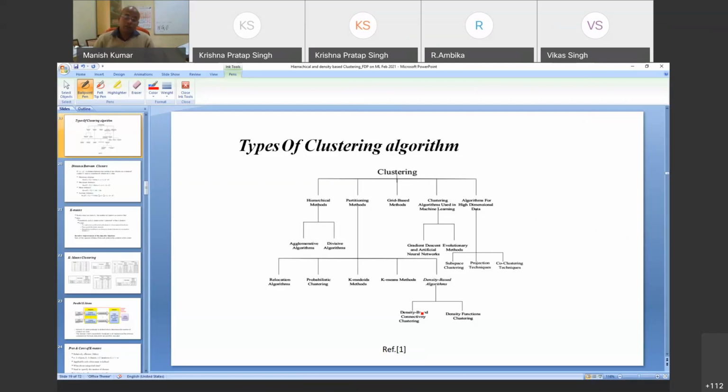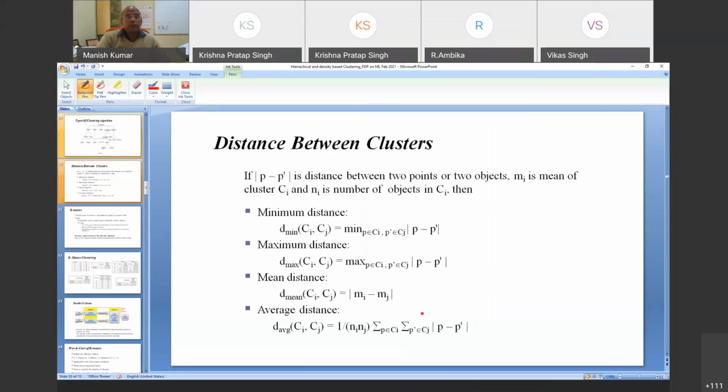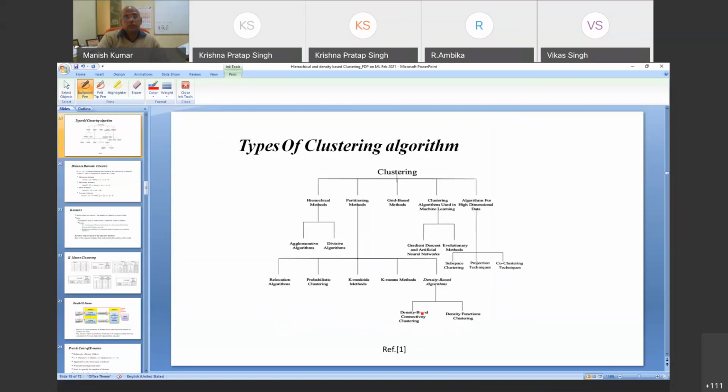Okay, and obviously you have to take care whether the data size is small or medium or large or maybe big. Depending upon that, your choice of the algorithm will always be very important. So be careful while going for that, because if you choose a wrong algorithm, then the entire process will be redone.